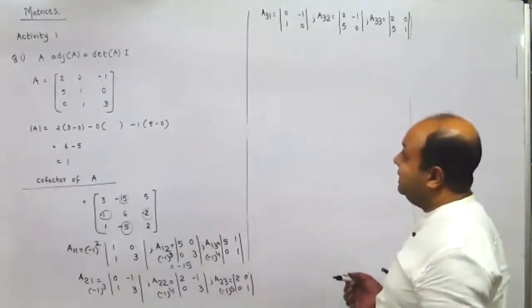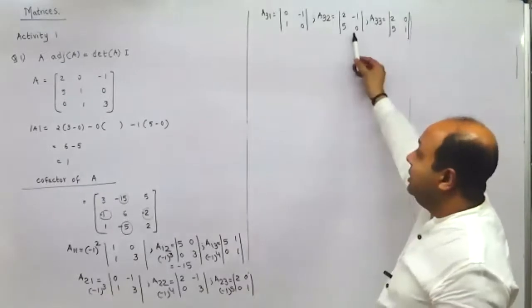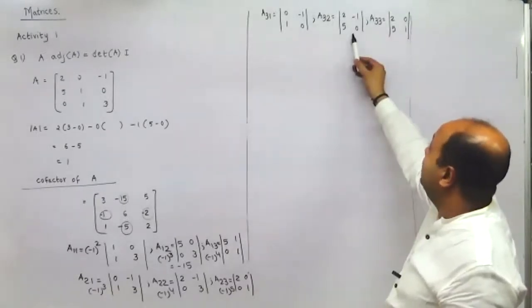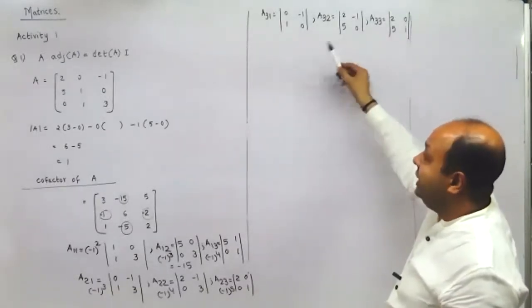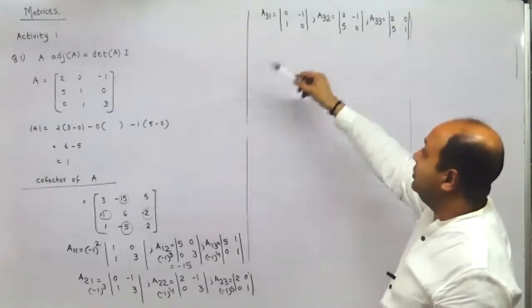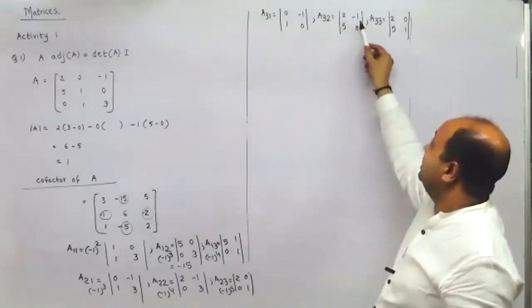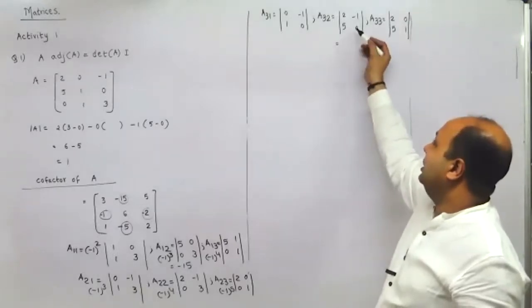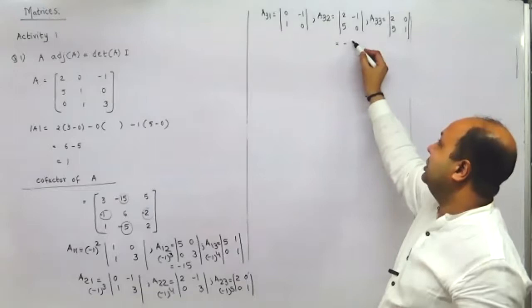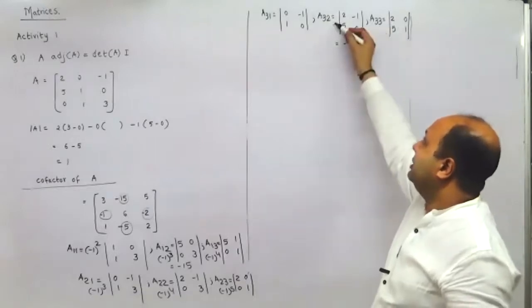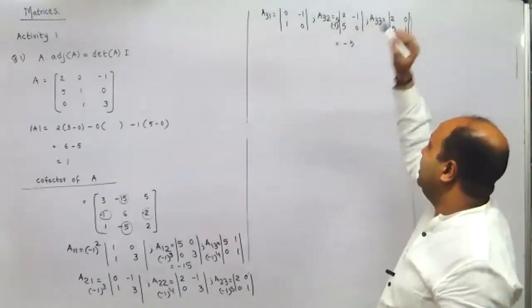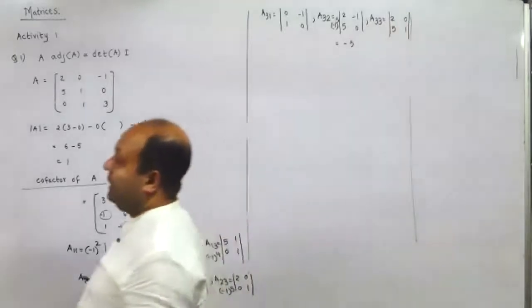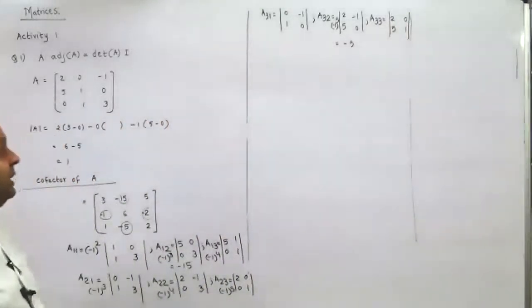Have I made any mistake in the sign as such? A32 is 3 and 2. So it is 2, 5 minus 1, 0. So it is 0 minus of minus, no, this is correct. It is 0 plus 5. So this would be minus 5. This is minus 1 raised to 5 into 0 minus of minus 5. So that is 5. So minus 5.